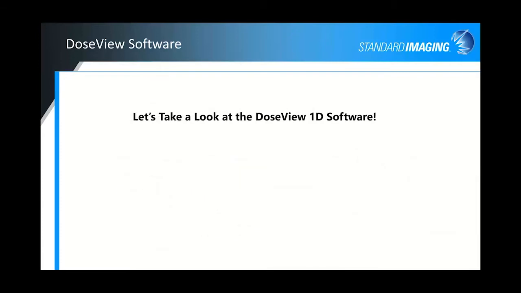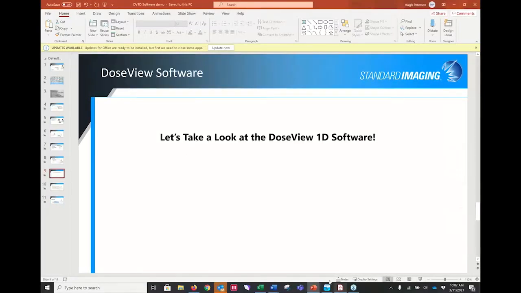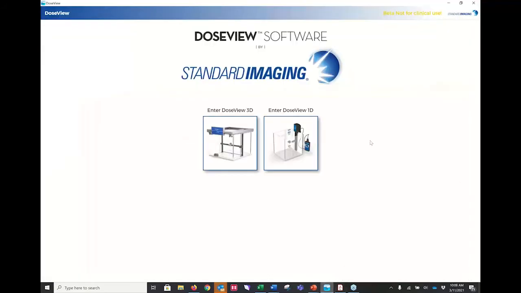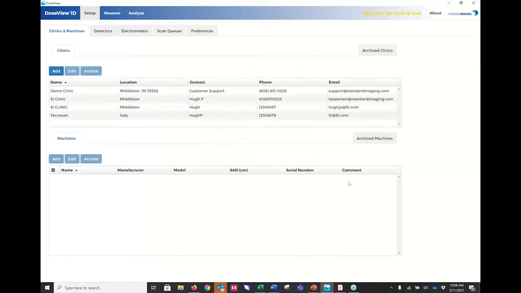So I'm going to go ahead now and jump into the software, give you a quick overview of that. As you can see, here's our title screen. You can either enter into the DoseView 3D if you're using a 3D Phantom, but in this case, the 1D software. I'll bring that up. And basically, you live by the tabs here. You've got your setup tab, your measure tab, and your analyze tab, and then you have your basic setups here. Once these are set up, it's a set and forget situation, unless you want to